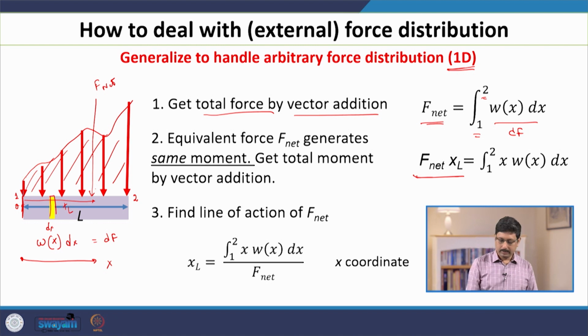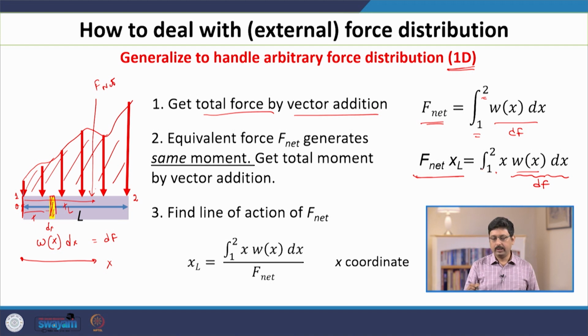So, this much is the force acting. If you take an element at a distance x, and the load per unit length is w, which is in general some function of x, then w times dx is the dF, and the distance is x. So x times dF gives you the torque generated by this particular piece. As you can see, the torque generated by each of the different pieces at different parts of the beam all points in the same direction. So, you can simply add them in an algebraic way